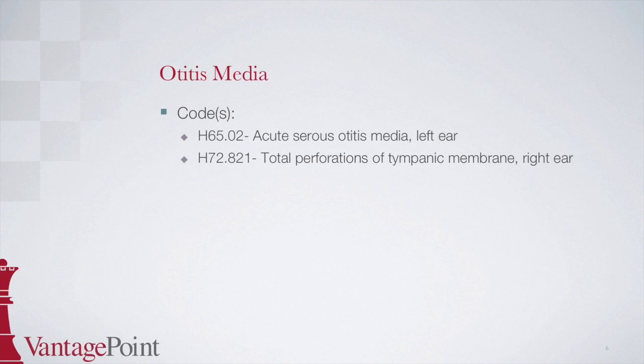The first code is H65.02, acute serous otitis media, left ear. Start by looking up otitis in the alphabetic index, then locate serous indented below. Next to serous is a note which states, see otitis media non-suppurative. After locating non-suppurative indented below otitis media, there is a heading for acute, and then indented below this is serous, which points to